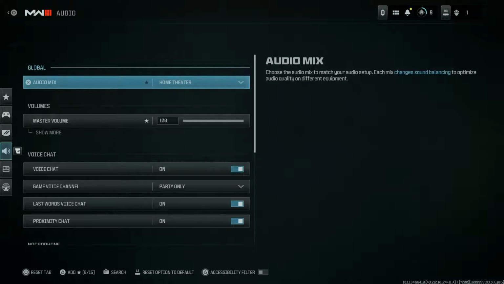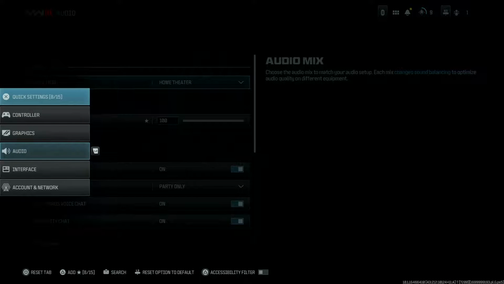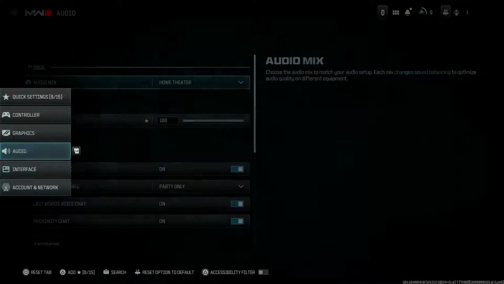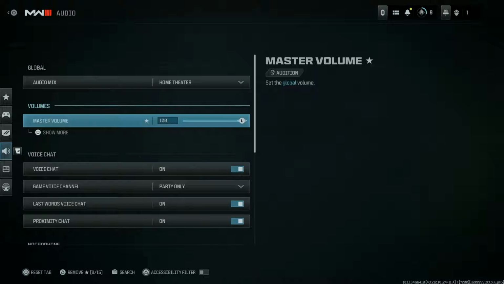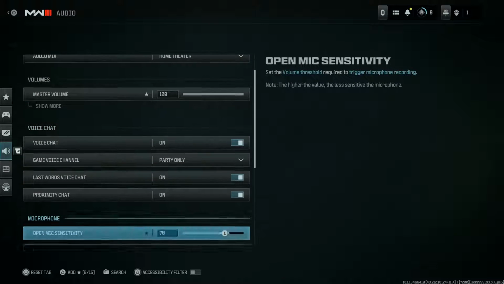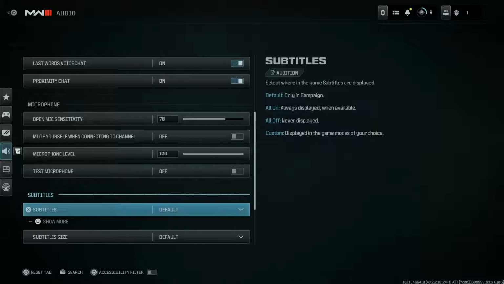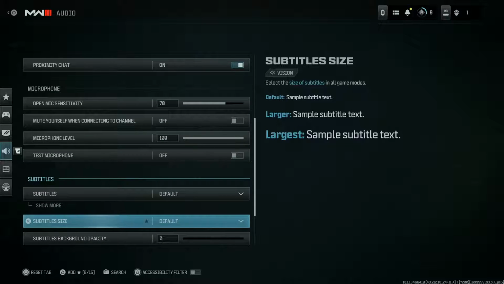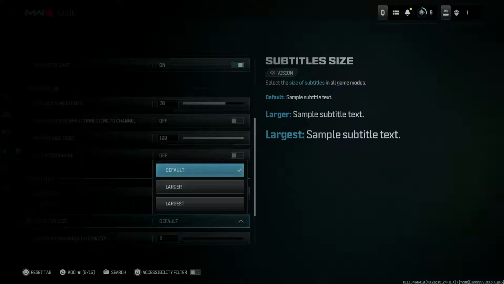Okay, now in case your audio is not selected, you can press L2 and move through these main settings to audio, and then under audio scroll down to subtitles and then go to subtitle size, select that, and then you